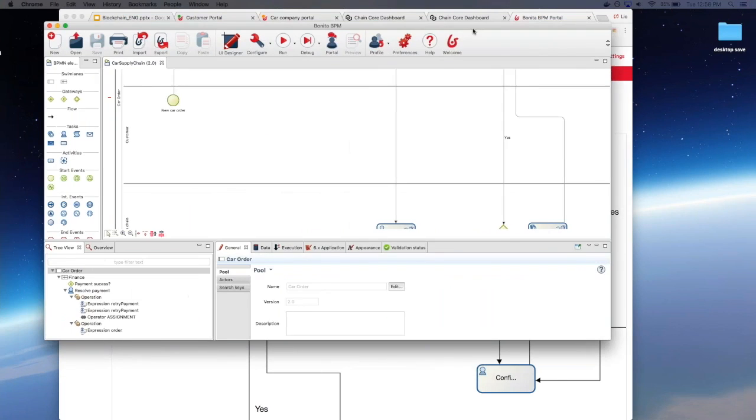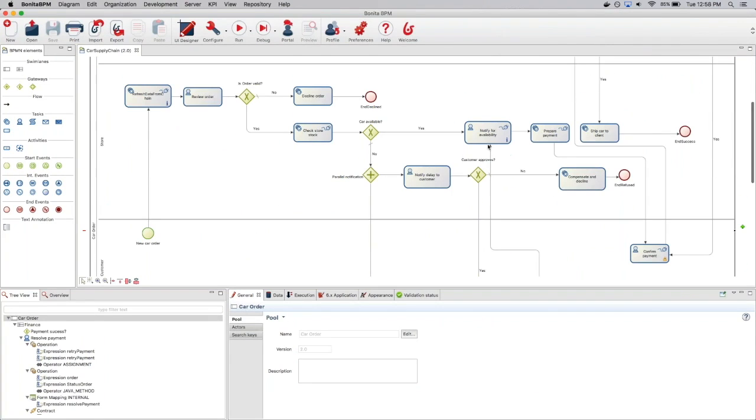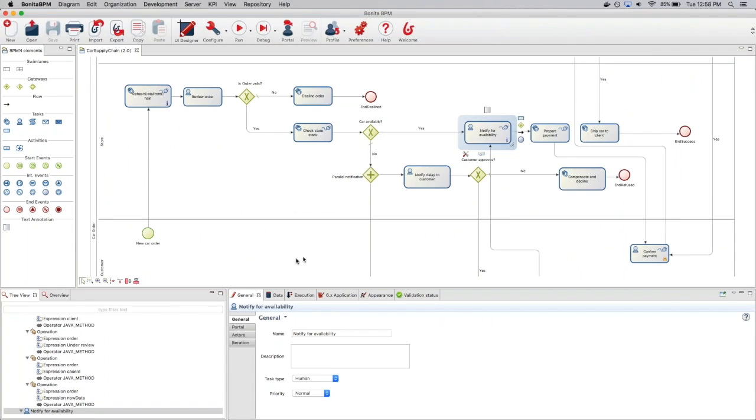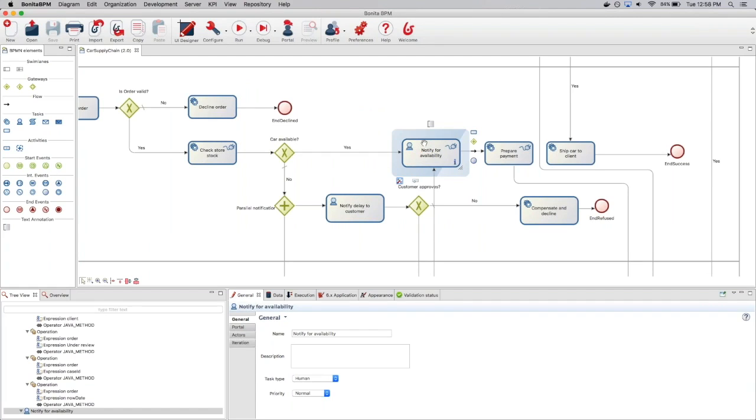So here is the Bonita Studio, the tool to design the process, and here we see the exact same process. I have my notify availability task, and I'm going to make it a little bigger. Here we retrieve the task, notify availability, where my case is currently standing. This task is assigned to the store manager. And when we process this task, we can see we have connectors, and this task is called prepare